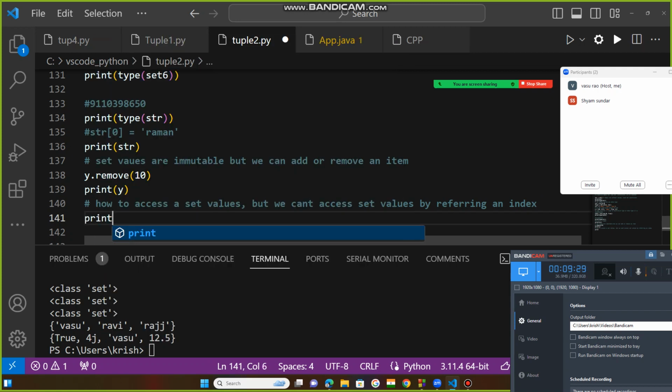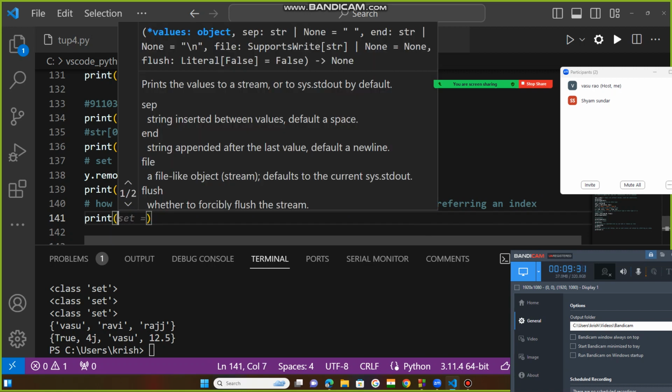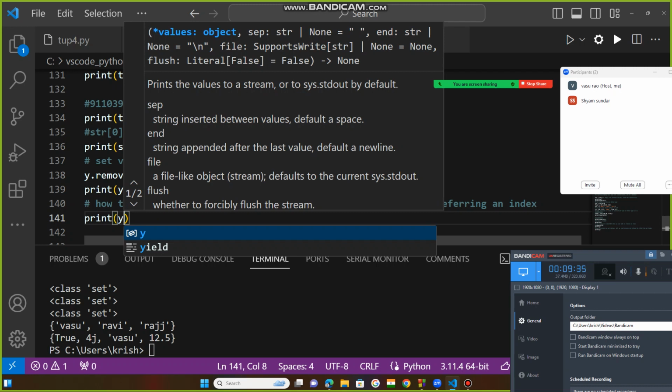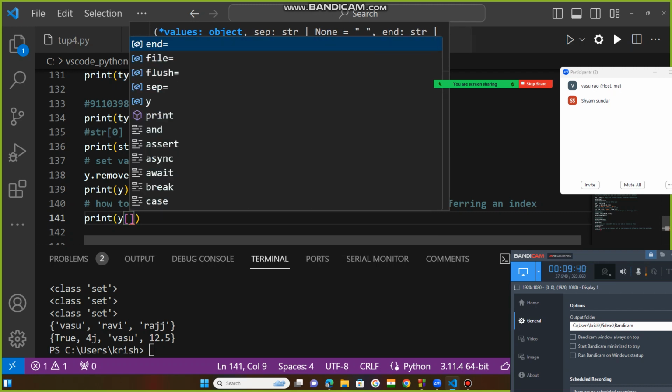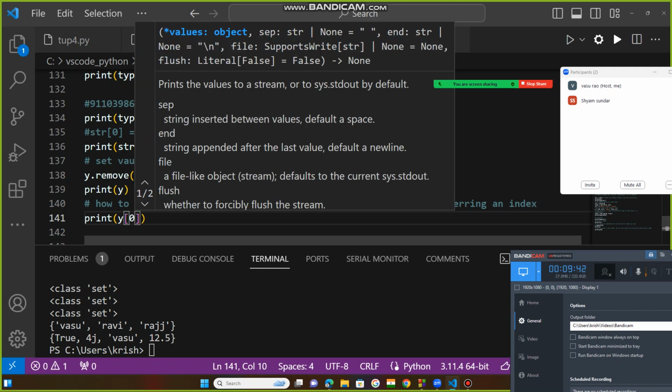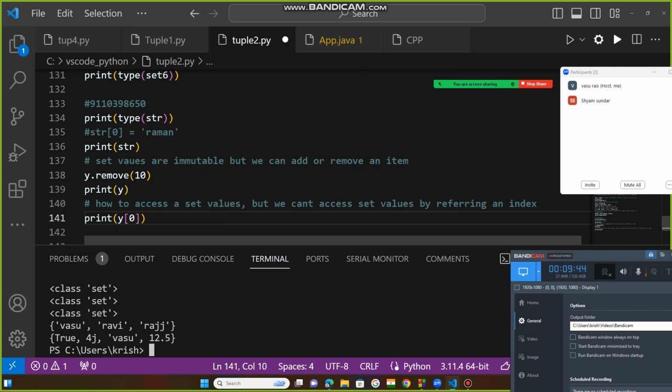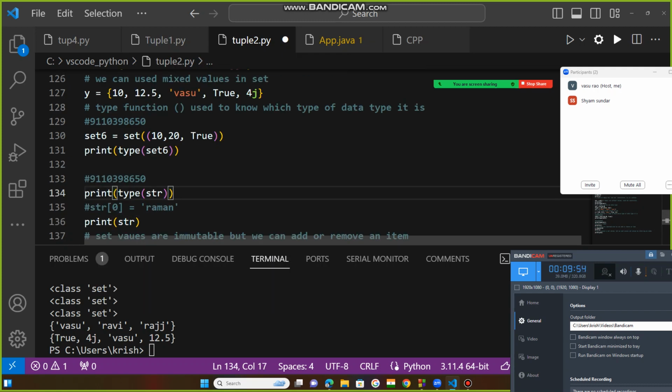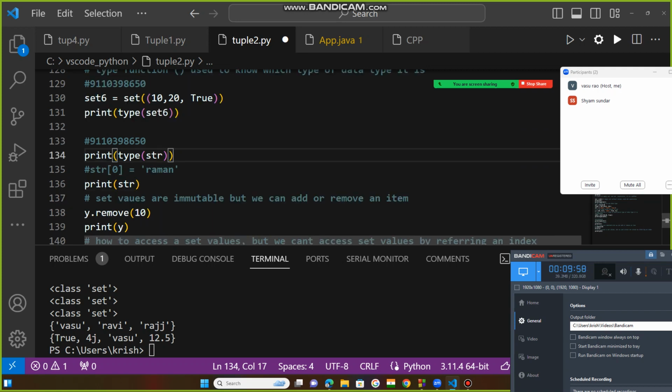Simply you see print. What is that? Y is a set. You keep brackets here, within this 0 index, meaning you want to get the print statement of y. Where is y? Y is your set. This y is a set because flower brackets are there, then within that